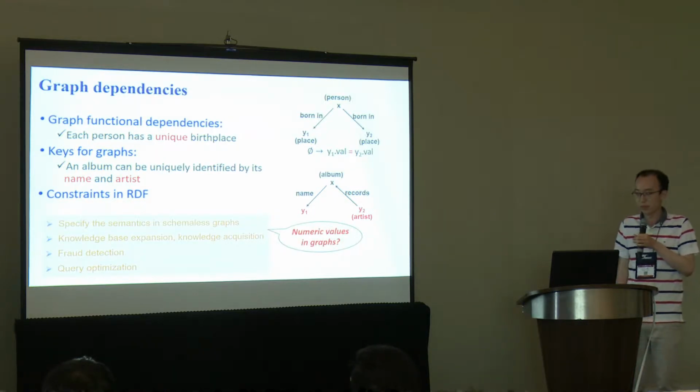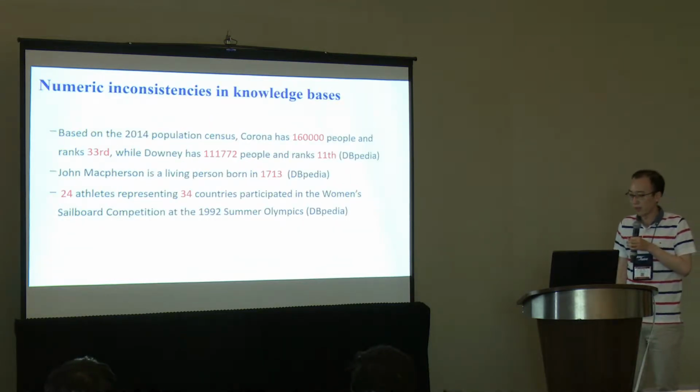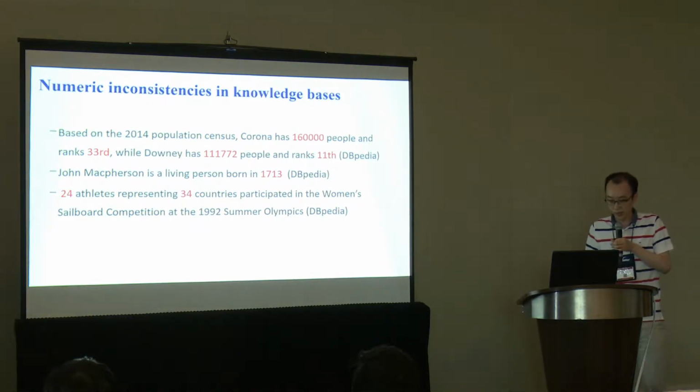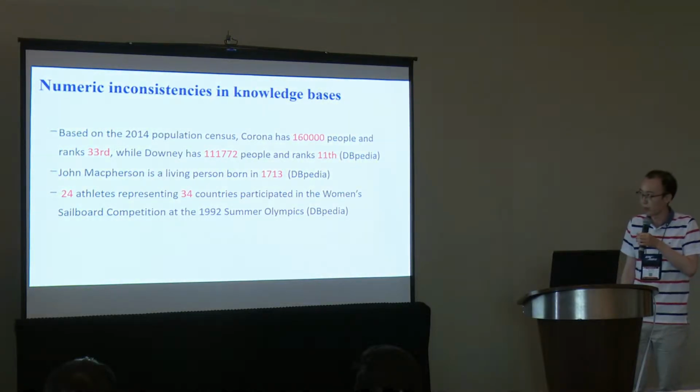But what happens when the graphs carry numeric values? We find numeric values are often involved in the semantic errors of real-life graphs. For example, DBpedia records the population of 2 cities in California at 2014, where Corona has 116,000 people and ranks 33rd by population, while the other city, Donny, has a smaller population and ranks 11th. That's a conflict. It also says John Macpherson was born in 1713 and is still alive, which exceeds the human